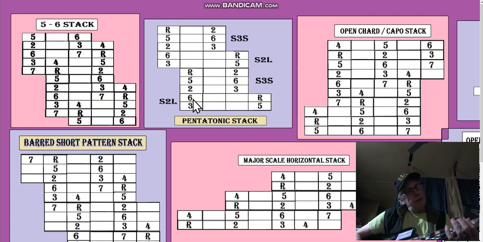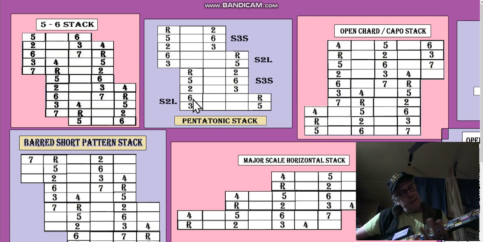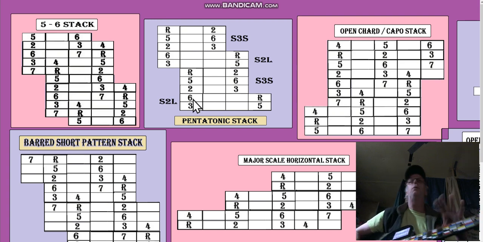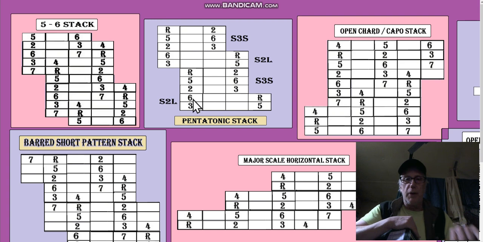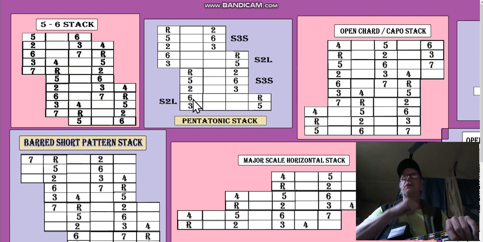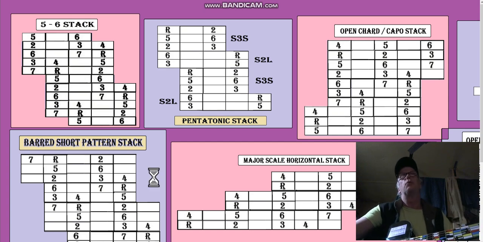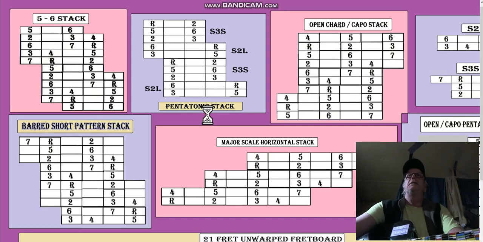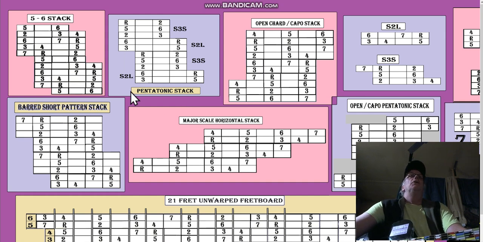Because what if I wanted to start on something different? Maybe it's not going to work. Maybe it is, maybe it isn't. But we know one thing. These patterns work. If something doesn't go right today, something is wrong with me, not the pattern. Very, very seldom is it the pattern, unless I'm just working on the chart. And I did just make this chart. So what I want to show you